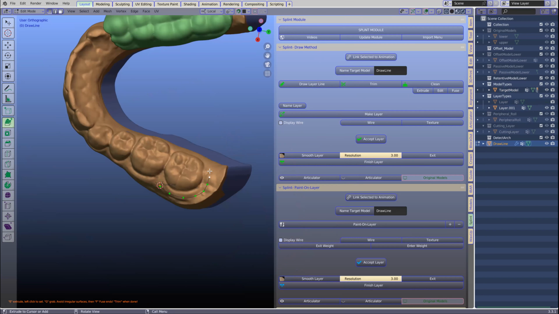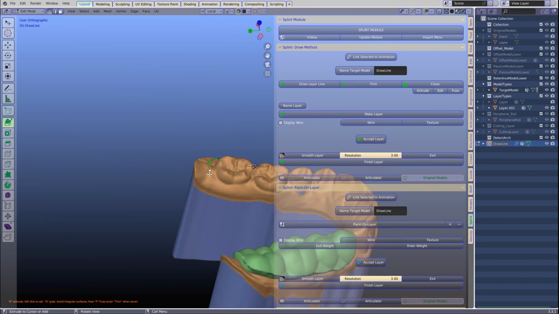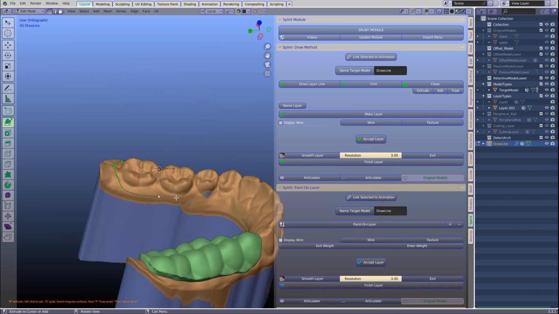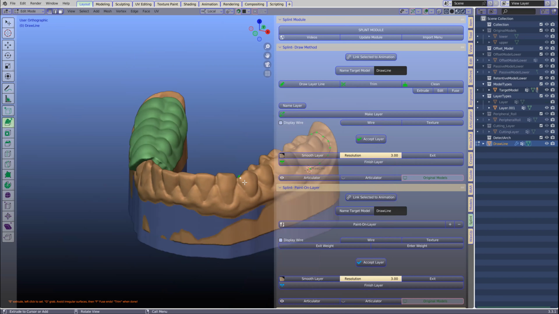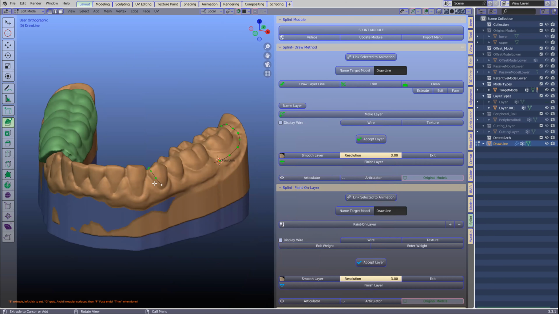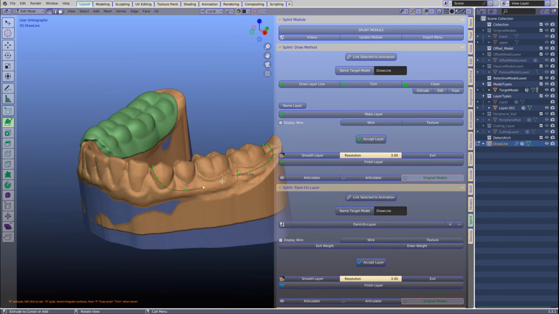Notice where there are concavities and convexities, I increase my vertex count. Where it's nice and flat, I don't have to. So I can go longer areas, but where I go over these concavities and convexities, I will increase my count. When I get to the other side, I can click on F to fuse. We're going to trim this,